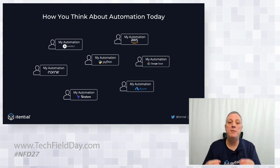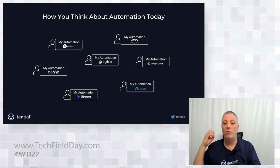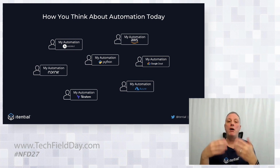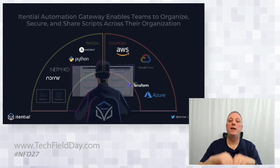So these individual teams that have made commitments to these platforms, whether it's Ansible or Nornir or Terraform, all of that functionality can be made available and it can become part of an end-to-end workflow. So that